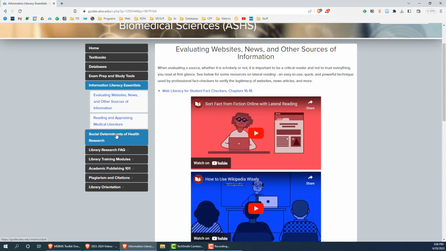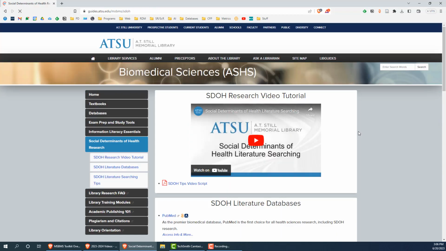The next tab in your toolkit is on Social Determinants of Health Research. This will be particularly relevant for your Social Determinants of Health class, where you'll be asked to look for literature on the social determinants of health. That being said, the resources and tips in this guide also serve as helpful refreshers of the essentials of literature